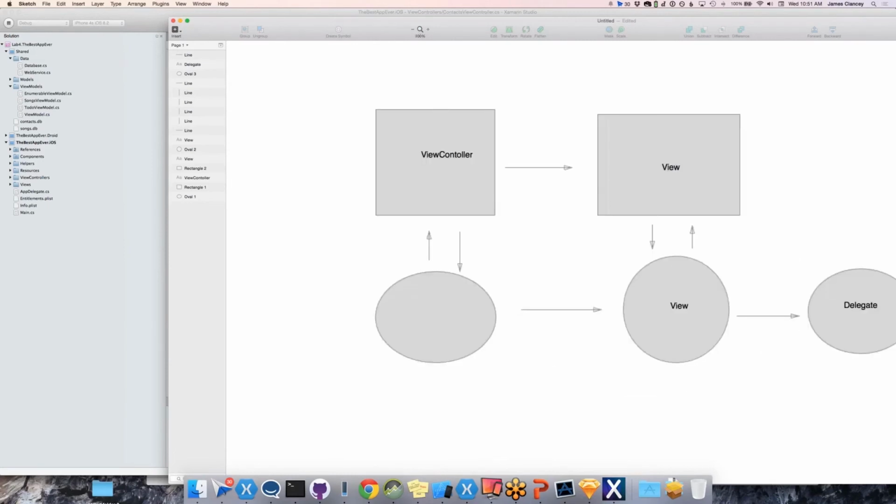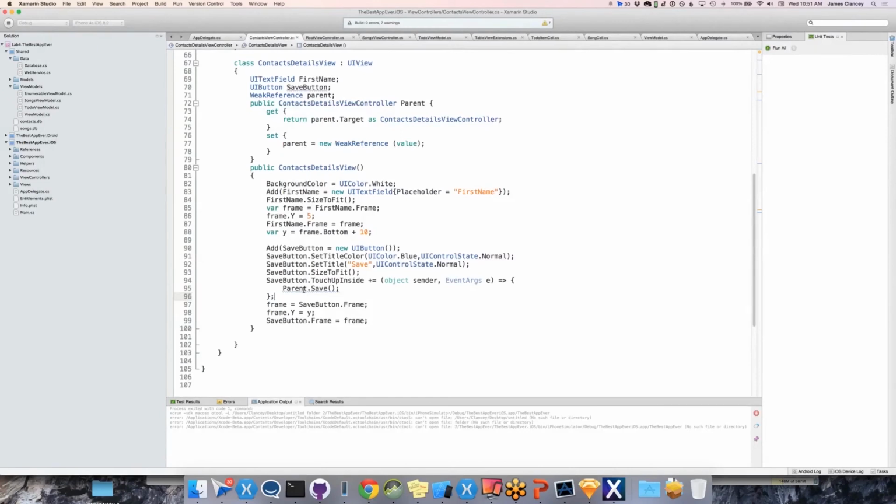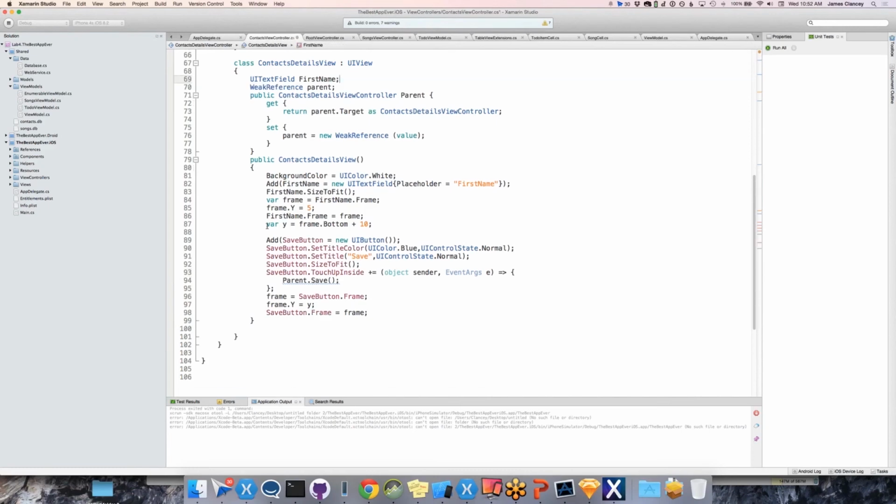All right, so we have our view controller, which has our managed stuff. You can see how, because of the directions of these arrows, our garbage collector can say, kill these two. These just have a reference this way, so I know I can kill this off. And even so, with our anonymous delegate, typically it can say, all right, I can clean this thing up. But what happens most of the time is you do something like parent.save, or even more common is, let's just say I didn't have my save button as a variable here, and I was just doing